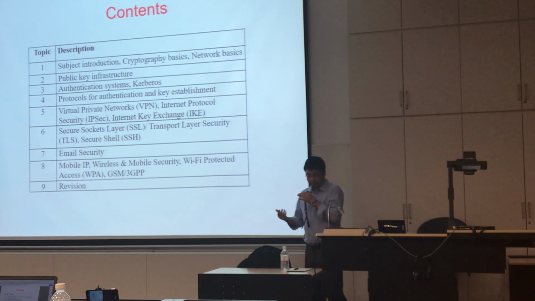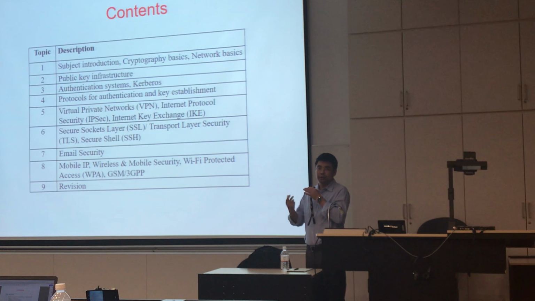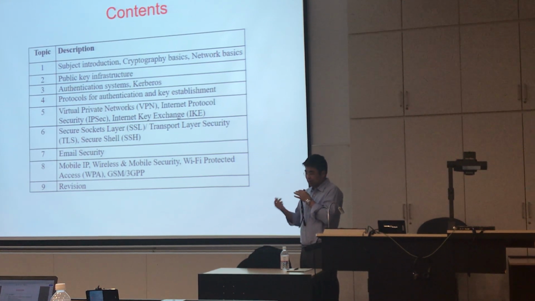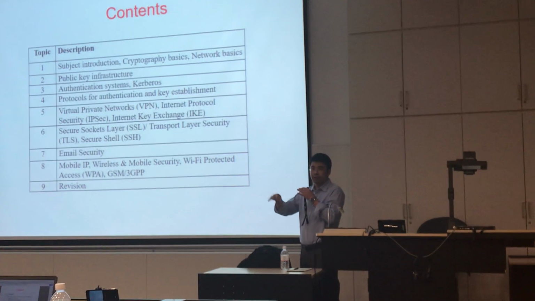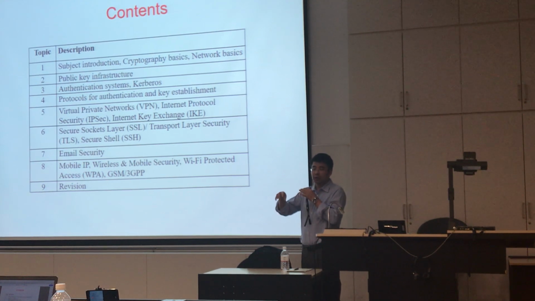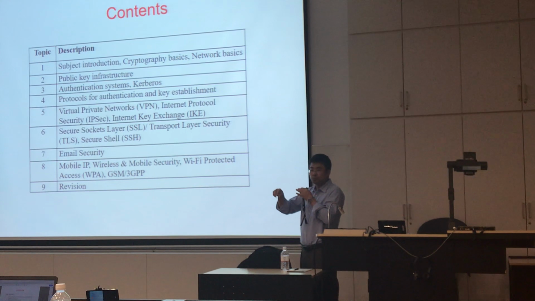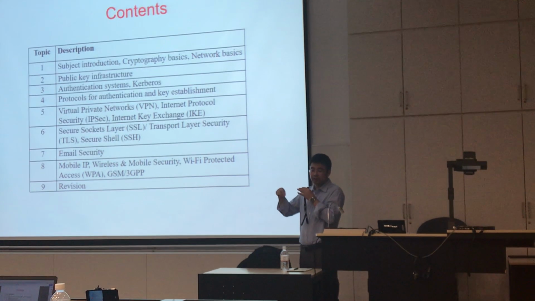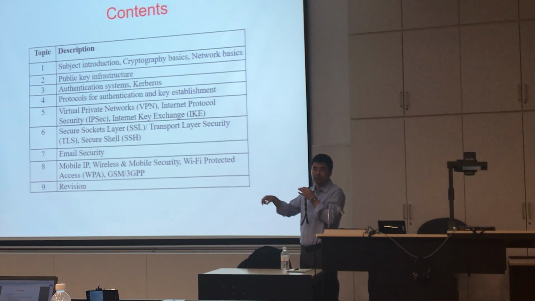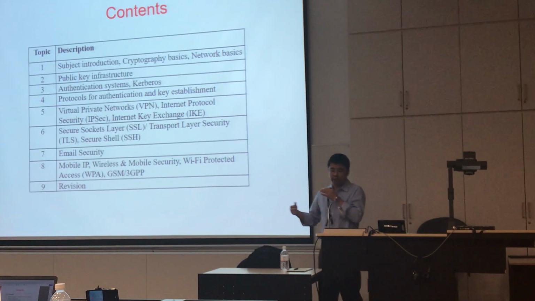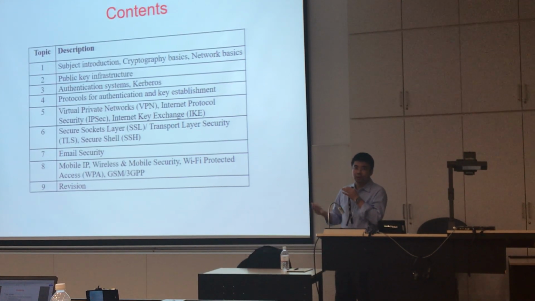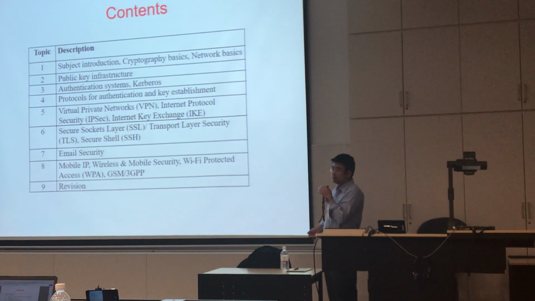For TCP/IP, we actually have a fixed IP address for each device. But for a mobile network, you may need to move around. That means you may change the so-called point of attachment, the connection point, and you may be assigned different addresses when you move around. So in this case, we need a different communication protocol, which is the mobile IP protocol.